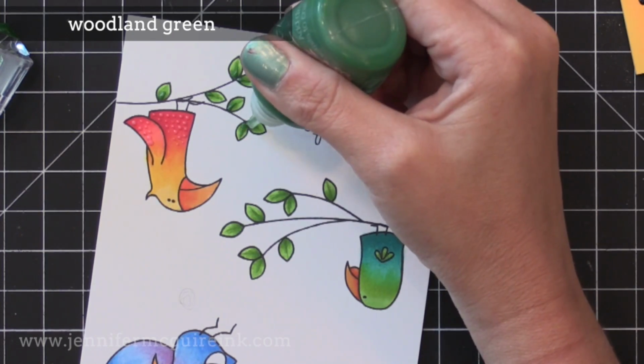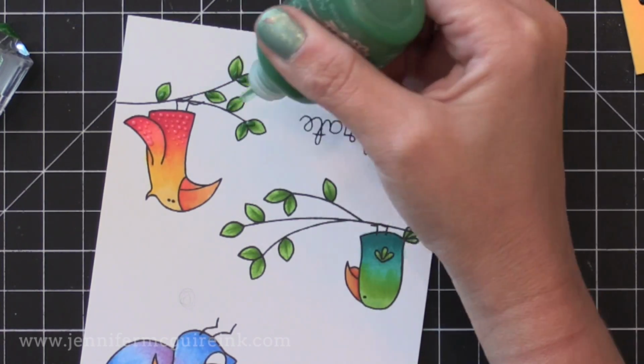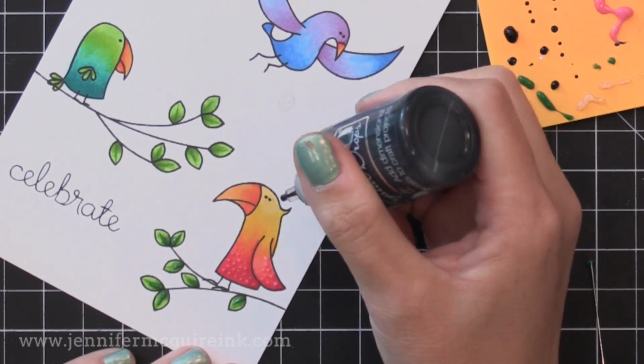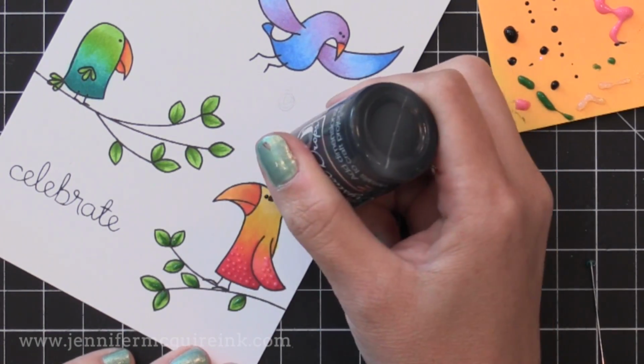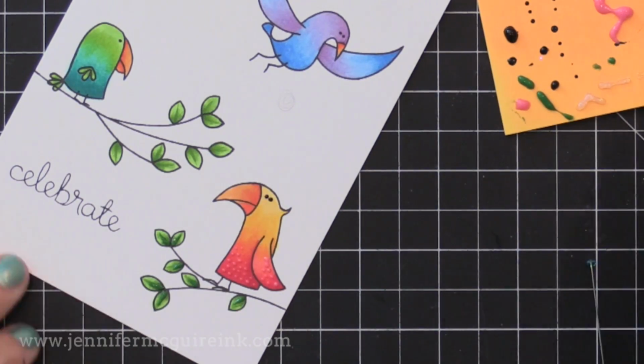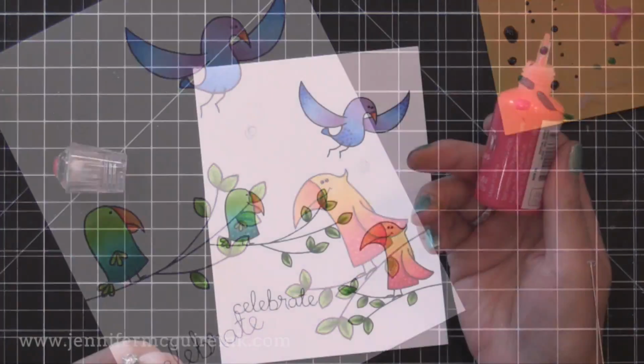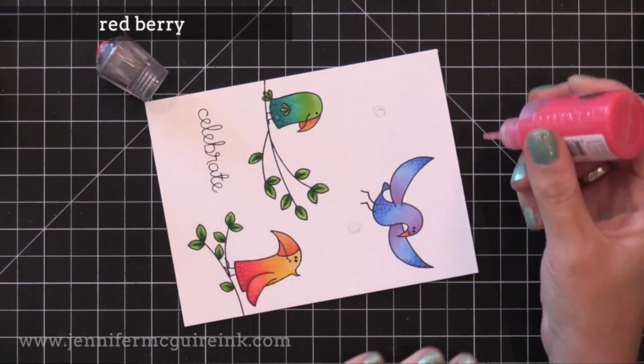Now on the leaves, I put a line of the woodland green gloss finish Nuvo Drops right down the center of the leaves, and that adds some dimension to them too. And I added the ebony black eyes to each of the birds. So I went ahead and did this with all of the birds, added a smile too, and then it's time